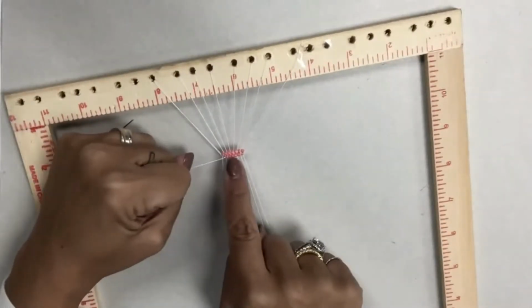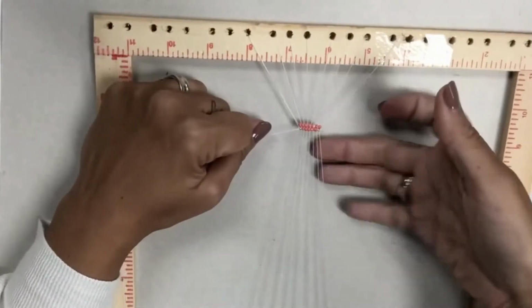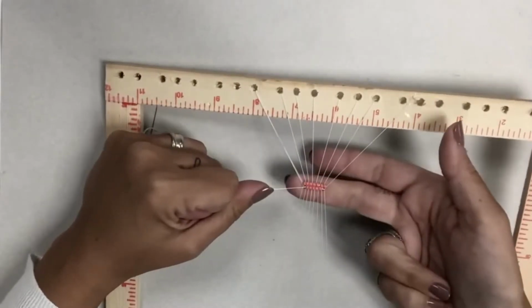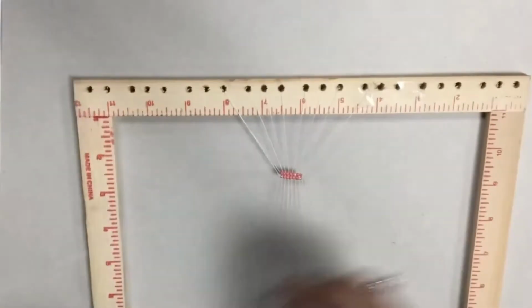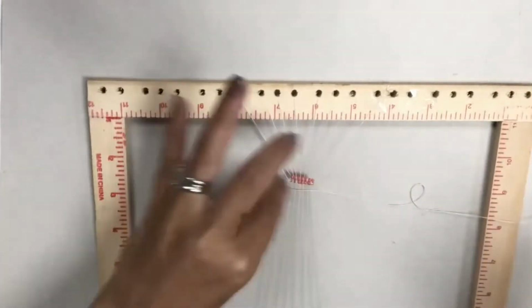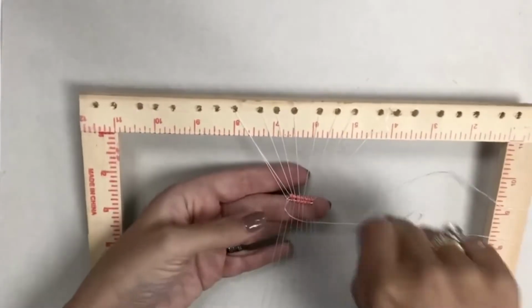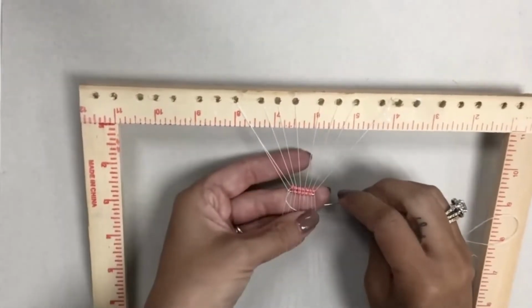So now you can see the pattern starting to form like this. Now when I put my next one on, if I kind of push it up, the beads should really go into place. They should go into each of those. So I'm going to swing back under here again, slide my next 7 beads on, push them up into place so that they go into each little slot here, and I will go back